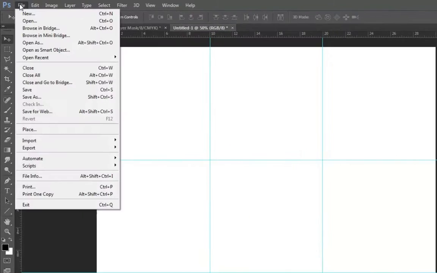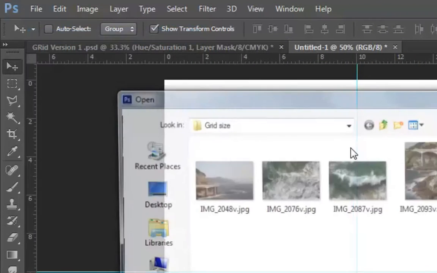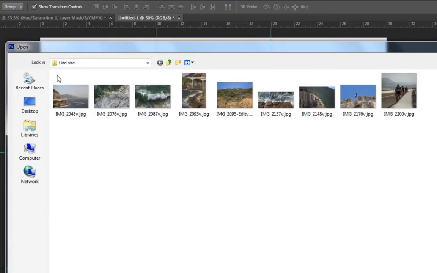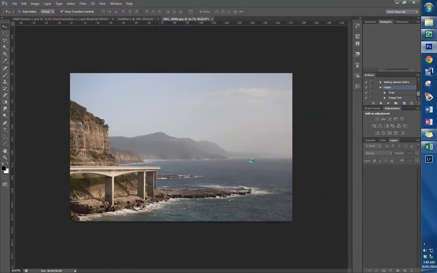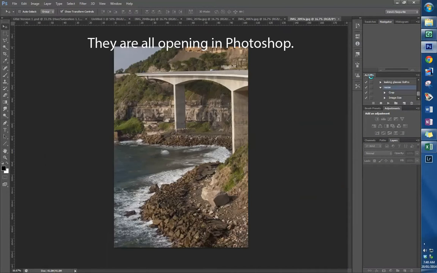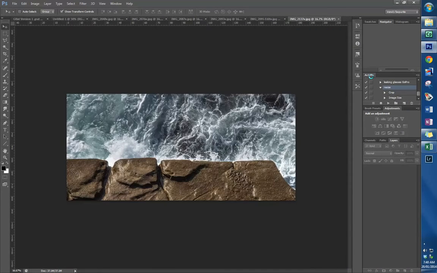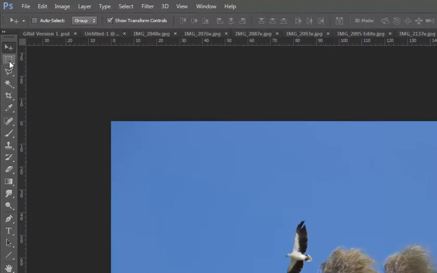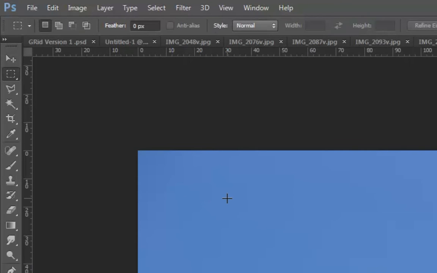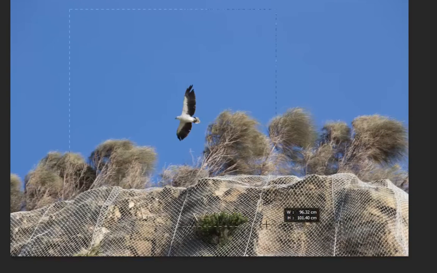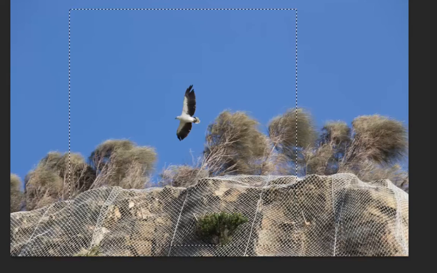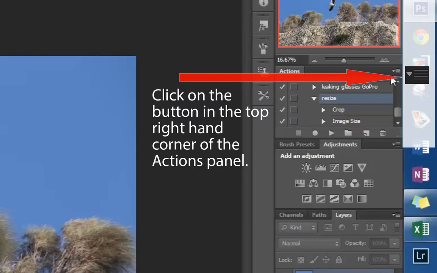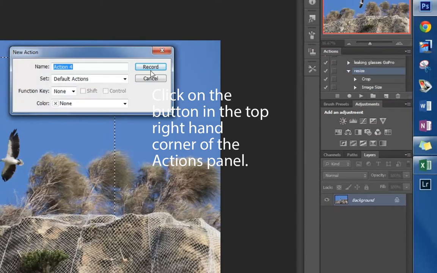Back in Photoshop, I'm now going to import them. So File, Open, make sure it's the grid sized ones, and just open them all. We're going to use an action to resize them and make them smaller squares. Okay, so the first thing you do is you take your marquee tool and you roughly draw a square where you would like your final image to be, and then you go into Actions and you create a new action,